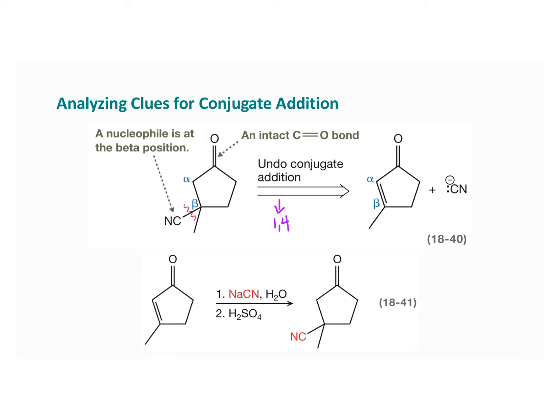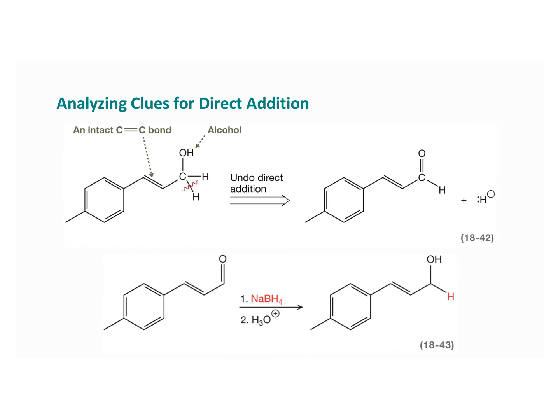Now, let's look at clues for direct addition. So we looked at conjugate addition. Now we're going to look at direct addition. This is a 1,2 addition. So in the molecule here, notice the carbon-carbon bond is adjacent to the OH group. So you have a carbon with an OH group, and the next carbon over contains this double bond. This is the clue that the bond can be the result of a direct addition,